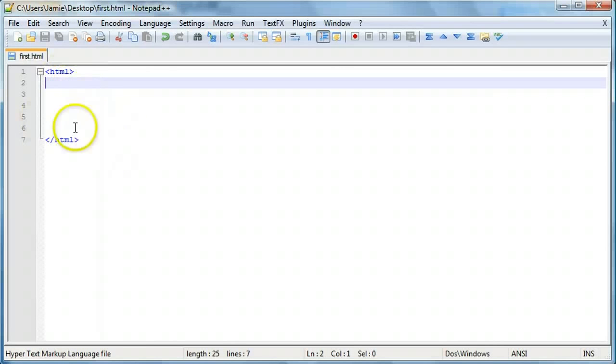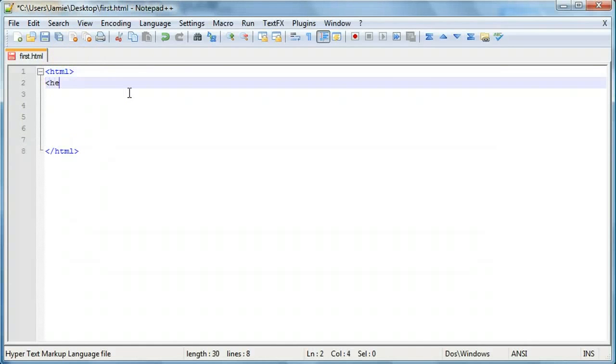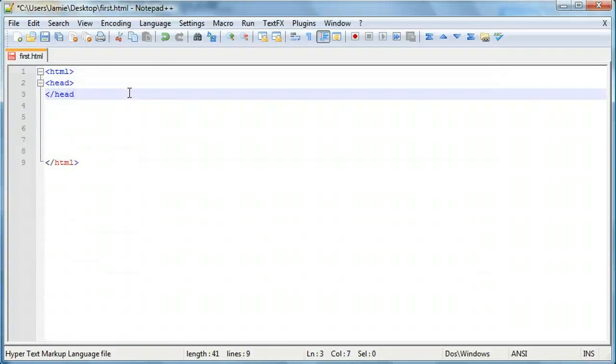Okay, so now we have our HTML tags set up. We're going to add a couple more tags. We're going to add a head tag, and again a closing head tag. Most HTML tags have openings and closings, though some don't. There are websites where you can look up these tags if you're interested. Okay, so we have our HTML, we have our head, and anything in here is not going to be displayed on the page